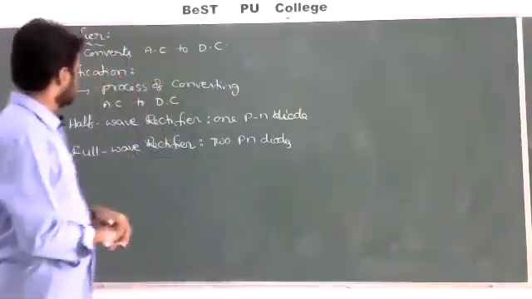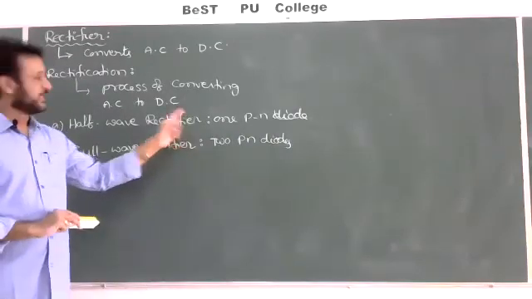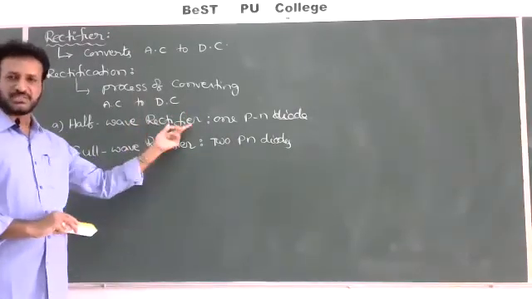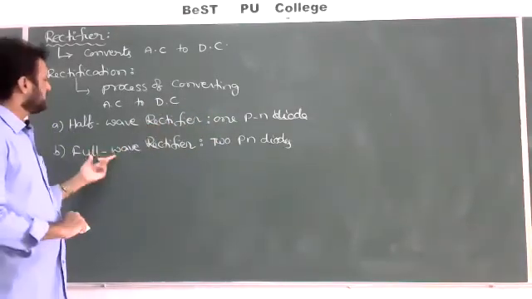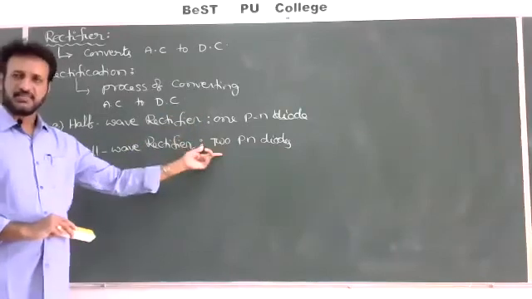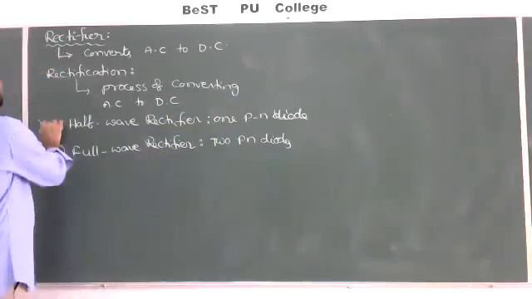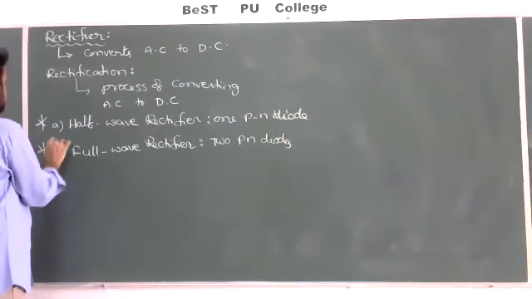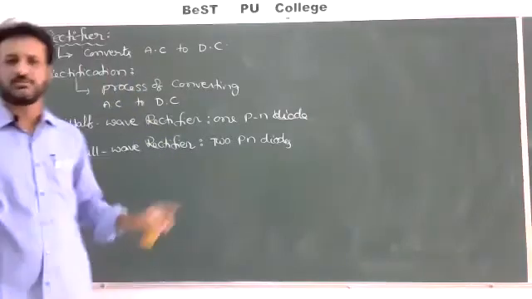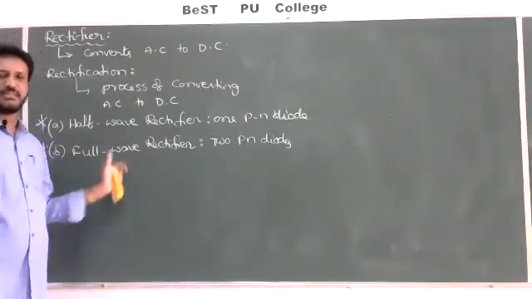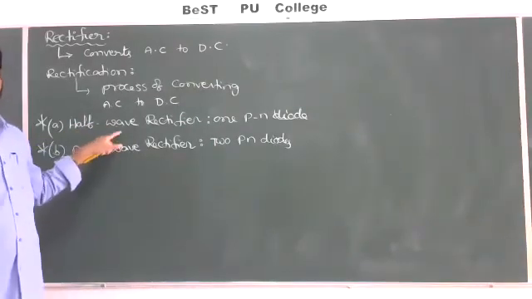But in tomorrow's class I will discuss what is a half wave rectifier. One 5 marks question is there, important. Circuit and also explanation, complete graph is there. I will discuss tomorrow. And also what is a full wave rectifier, circuit diagram, graph, and also explanation part is there. So throughout the chapter, these two are very important questions. Both are two separate 5 marks questions. Don't miss tomorrow's class. So both are very important 5 marks questions. You have to practice these two questions carefully.